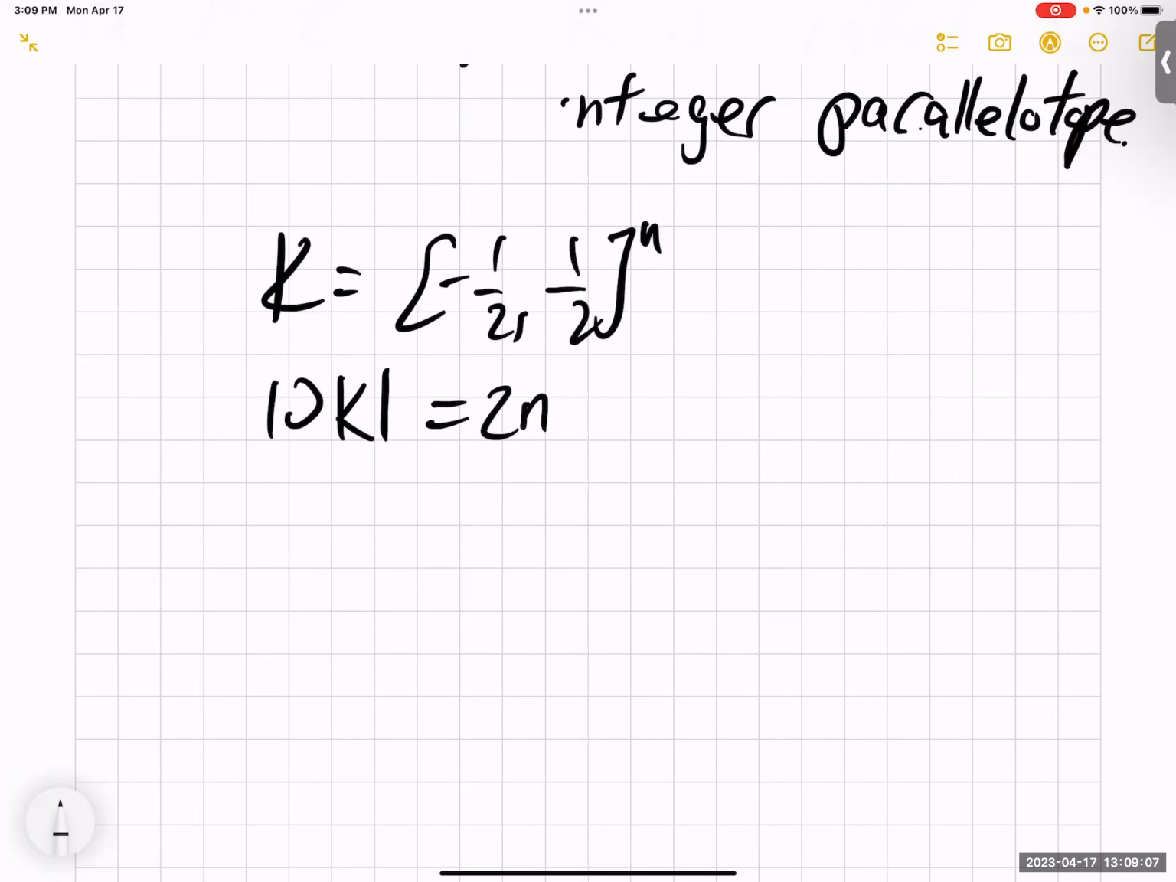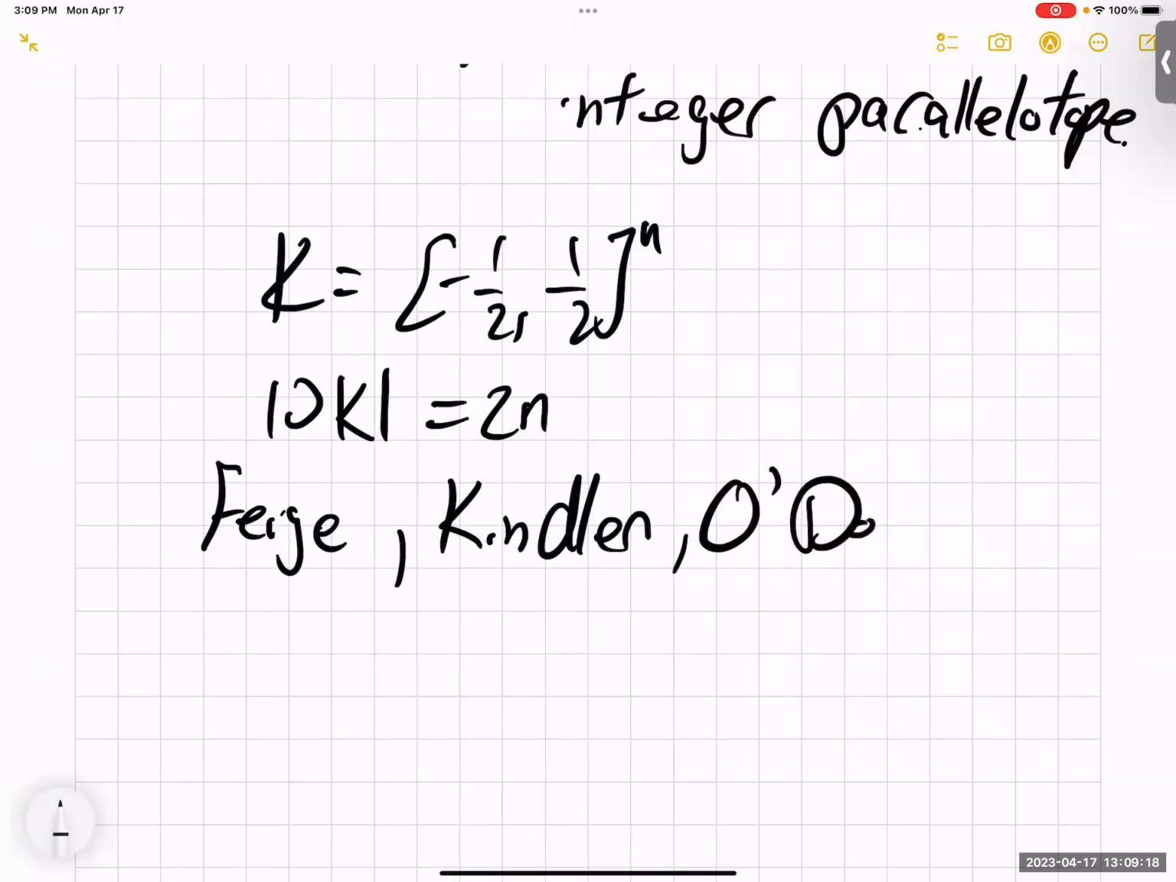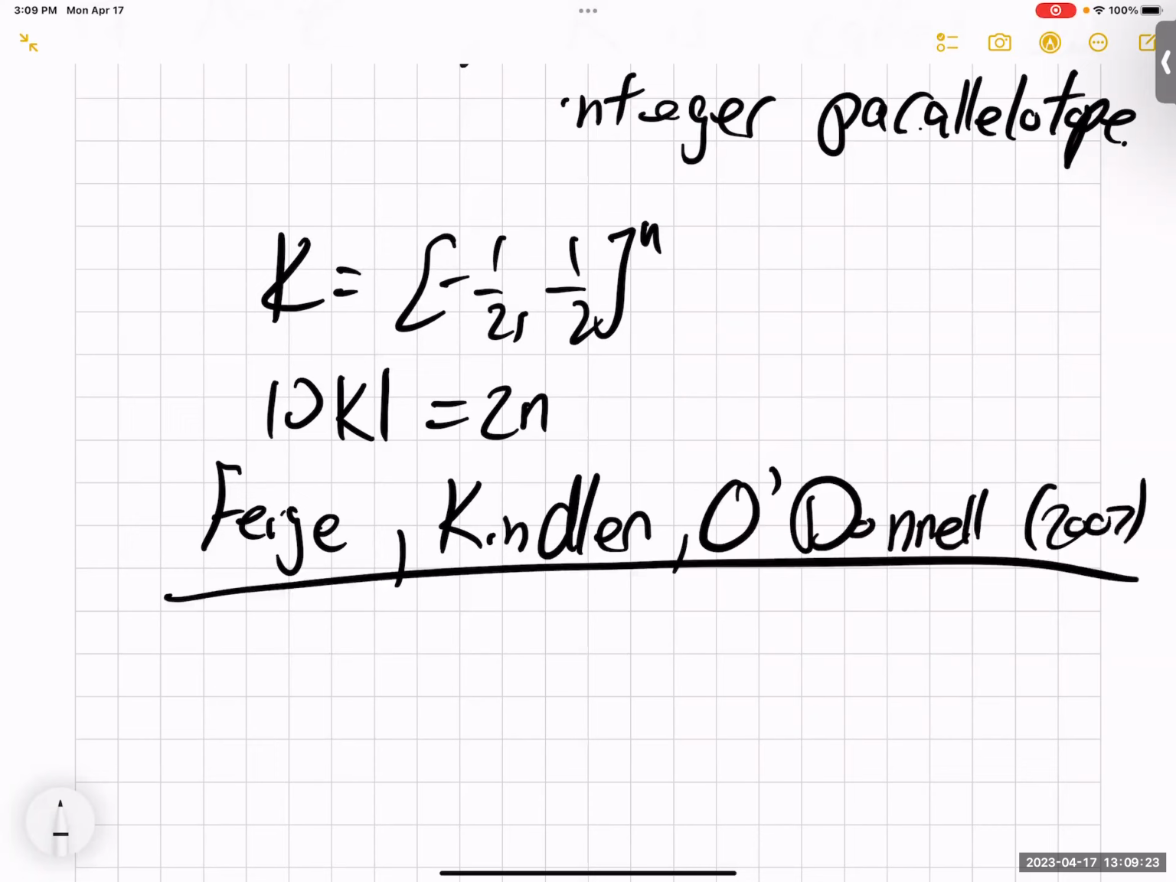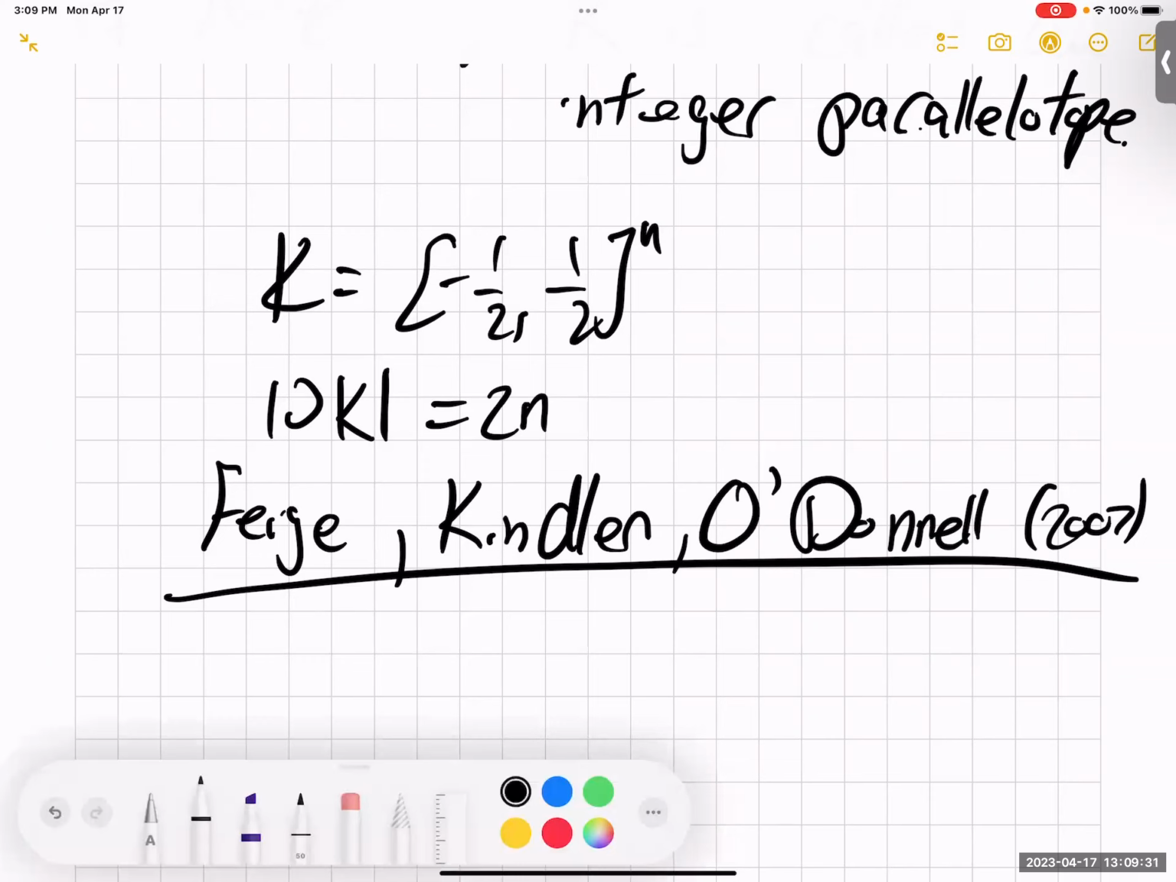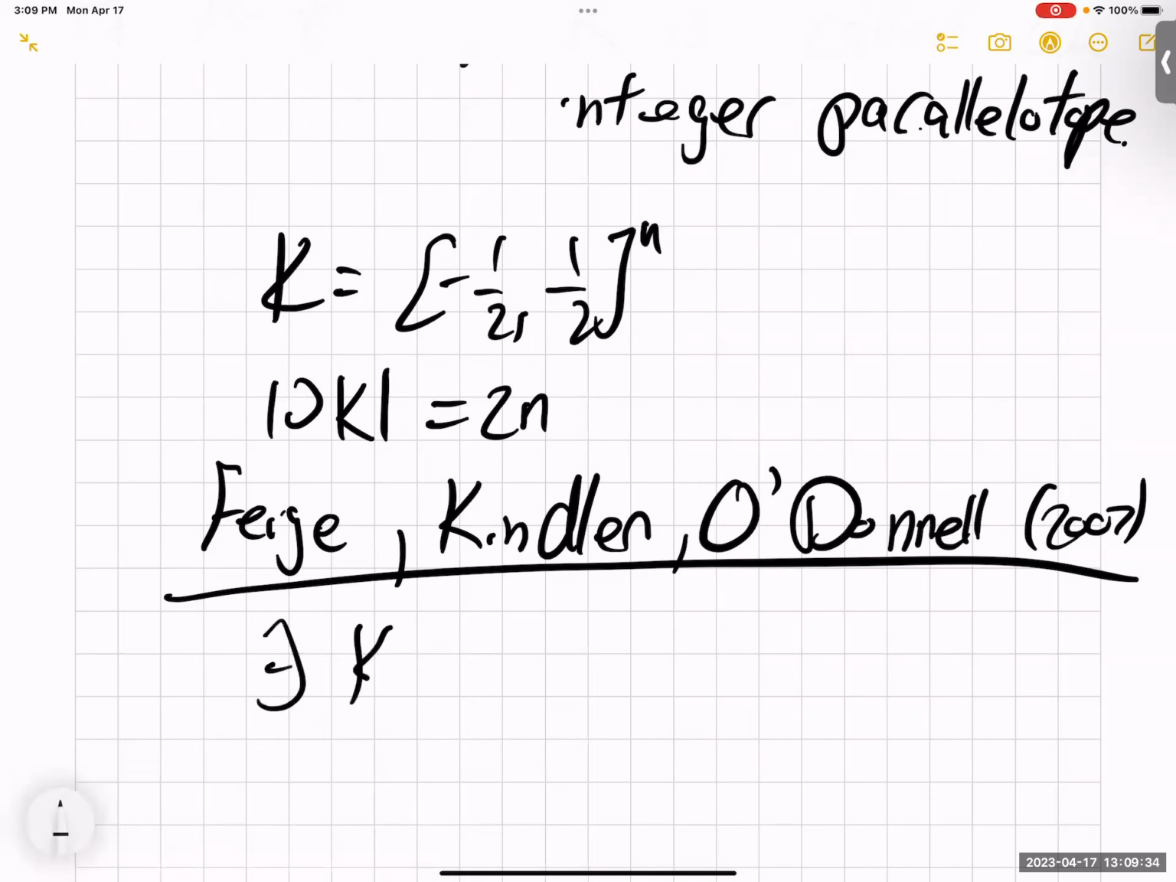So the best previous bound was due to Feige, Kindler and O'Donnell back in 2007. There was a very nice conceptual idea in this paper, which I will get to later. And they just found there exists k, they proved that there exists k such that they improved this by a constant factor,